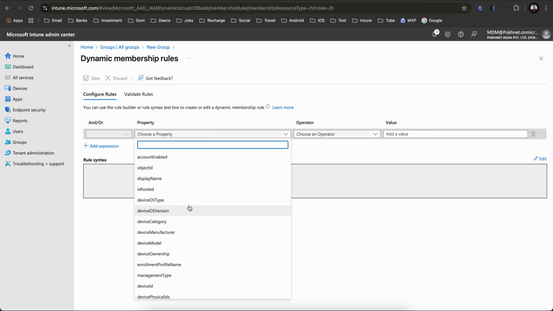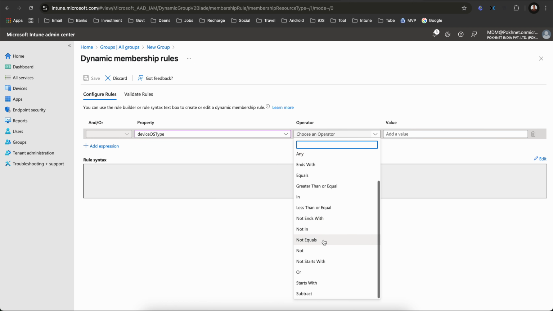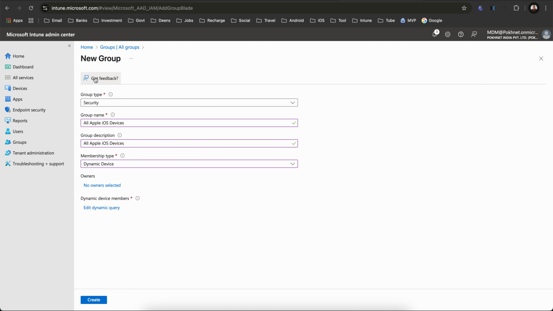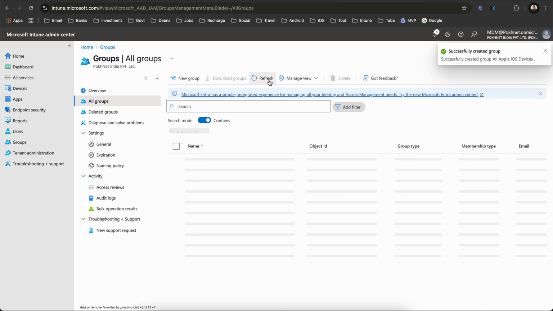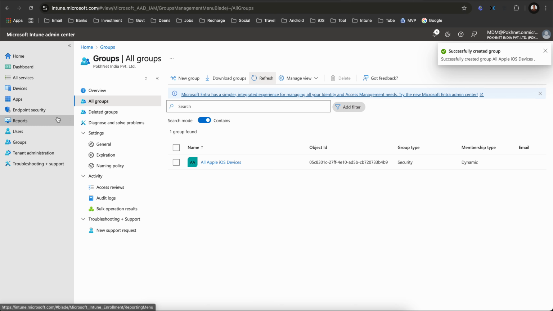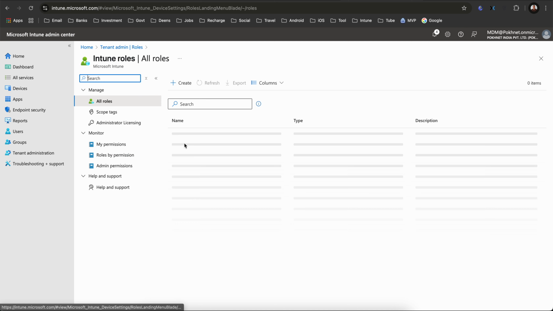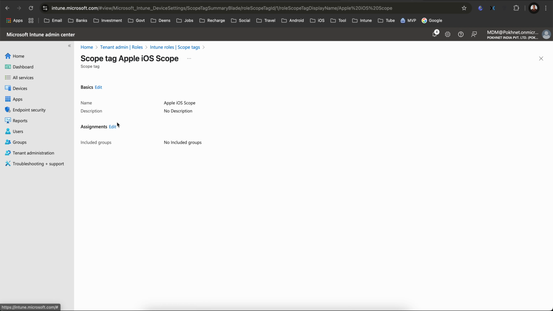I'm just selecting device OS type. It should be equal to or start with, and select iOS. So it will be all iOS devices, where the device OS type is iOS. I'm creating a dynamic device group, so if any iOS devices get enrolled, all the devices will automatically be tagged to this group. Now go to the scopes again, roles, scope tag, and edit this one,